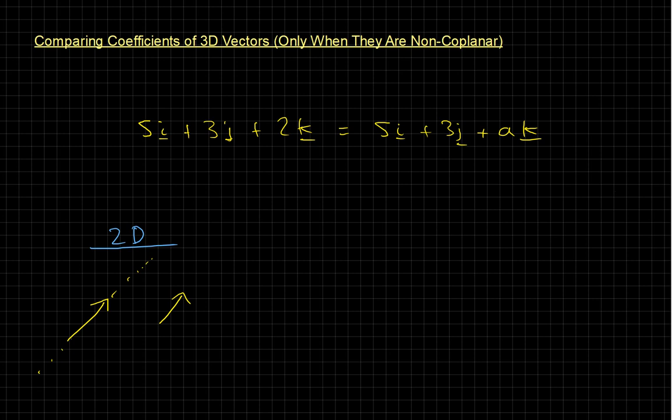So for example, if I said I'm going to define that as my i and that as my j, that's useless, because multiples of i and multiples of j could end up being the same thing. However, if I have them non-linear, for example this, or even if they were perpendicular, even better, then it's fine. So to compare coefficients, or to compare linear combinations,